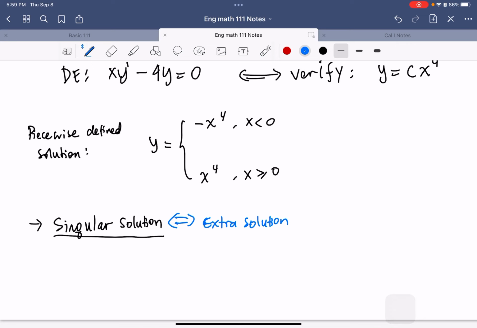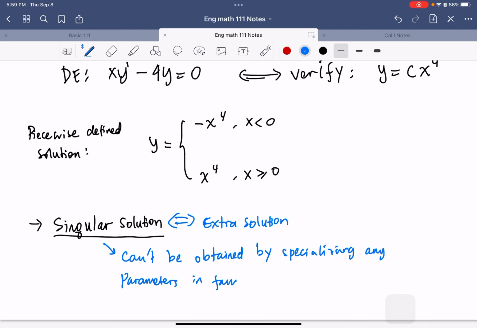So this solution can't be obtained by specializing any parameter